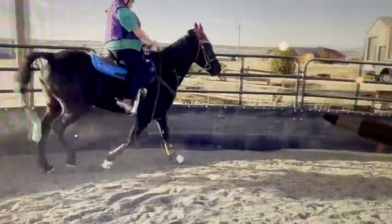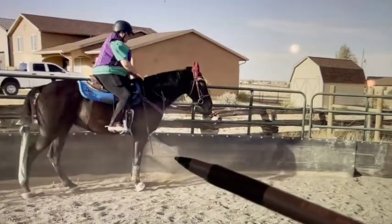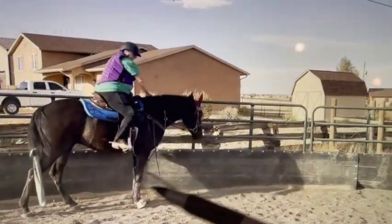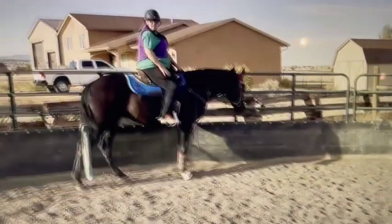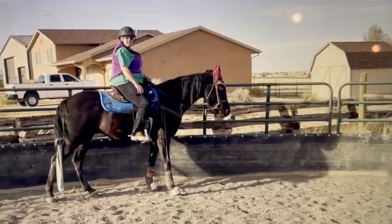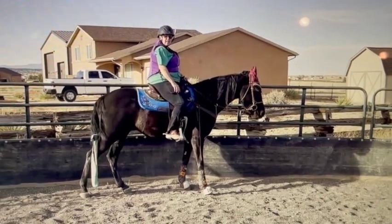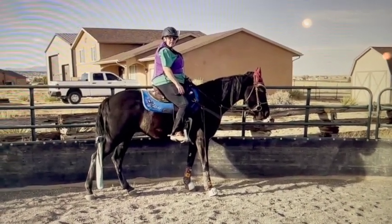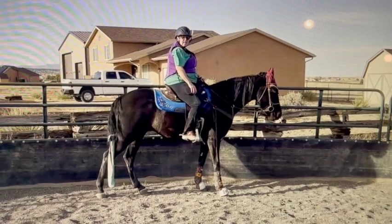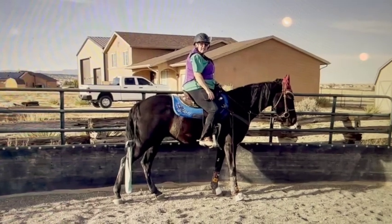So she's got a very nice gait. It's just that some of the time it's fast and some of the time it's a little bit slower. I would tend to stay a little bit slower until you get your confidence up. So overall, I really think you did a phenomenal job. You did the whole round pen routine, and you did a great job with it, which was a great warm up for her. The only thing I would comment more about is